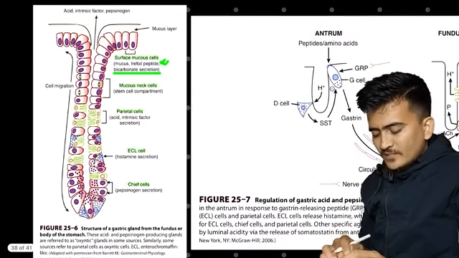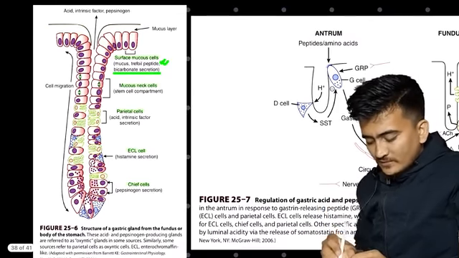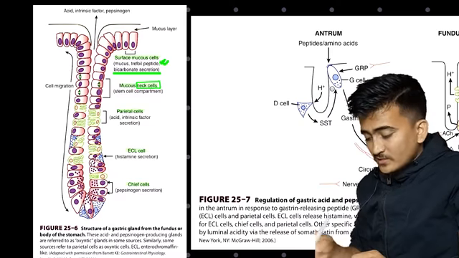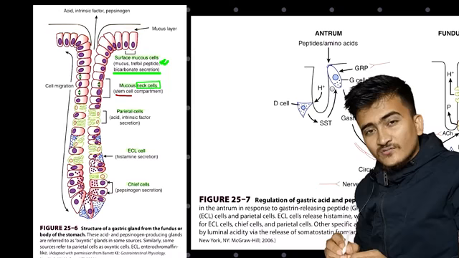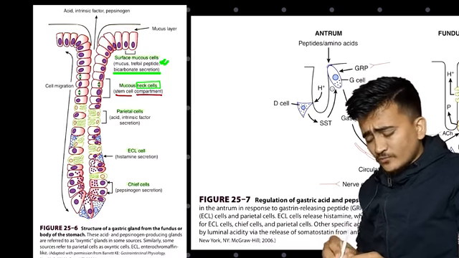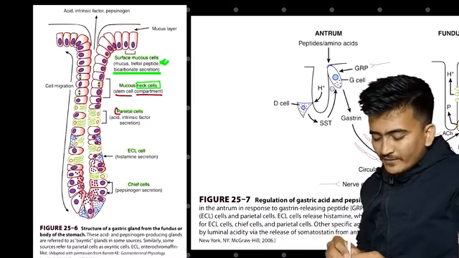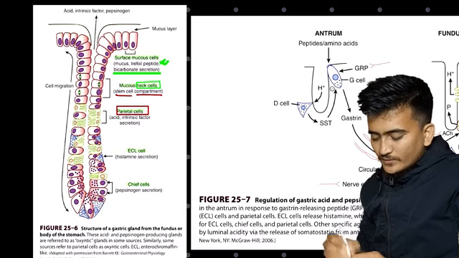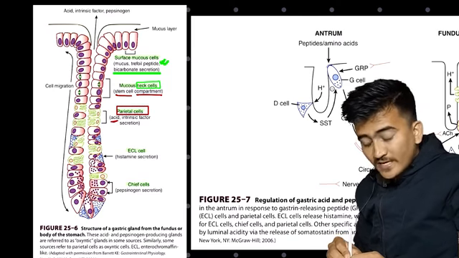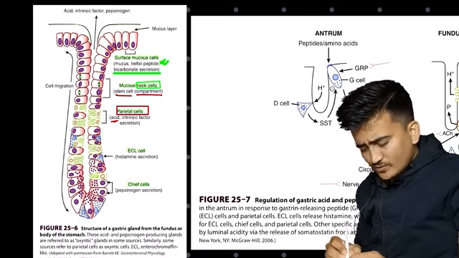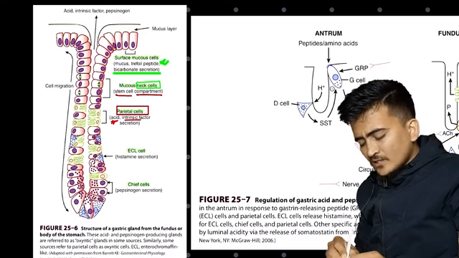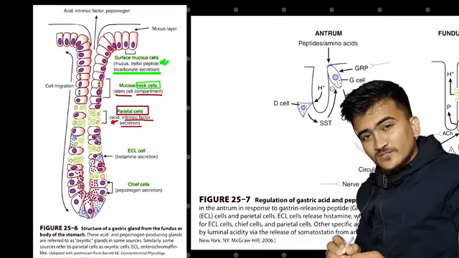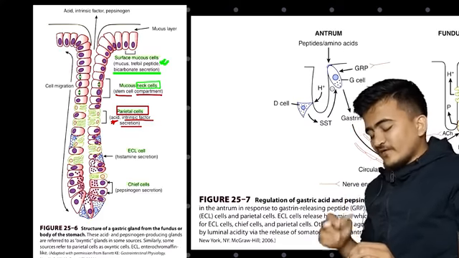acid neutralization. Moving further, we have mucous neck cells. We mentioned neck cells. What are these neck cells doing? These are stem cells that help in regeneration of the stomach. Similarly, moving further, we have parietal cells. What are these parietal cells doing? These are producing gastric acid, HCl. And these also help in intrinsic factor secretion, so that we can absorb extrinsic factor, that is vitamin